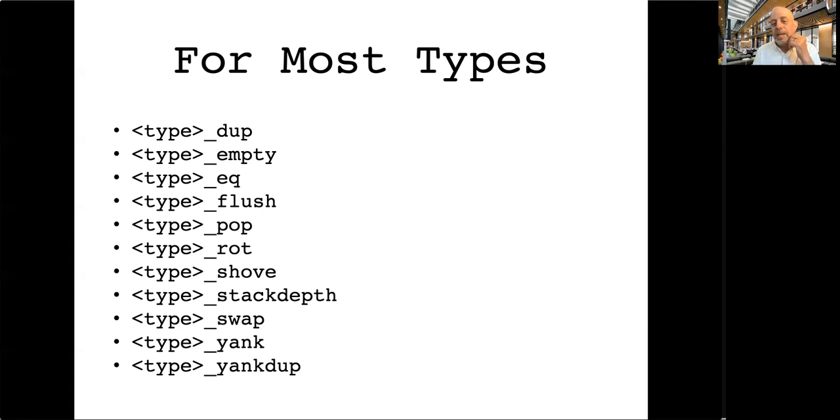And if you don't want to be able to access deeper, then don't use yank or yank dupe instructions. But yank and yank dupe are ways of reaching deeper into the stack with an integer index and yanking something from deep in the stack from an integer index to the top of that stack. And yank actually pulls it out of where it is, and